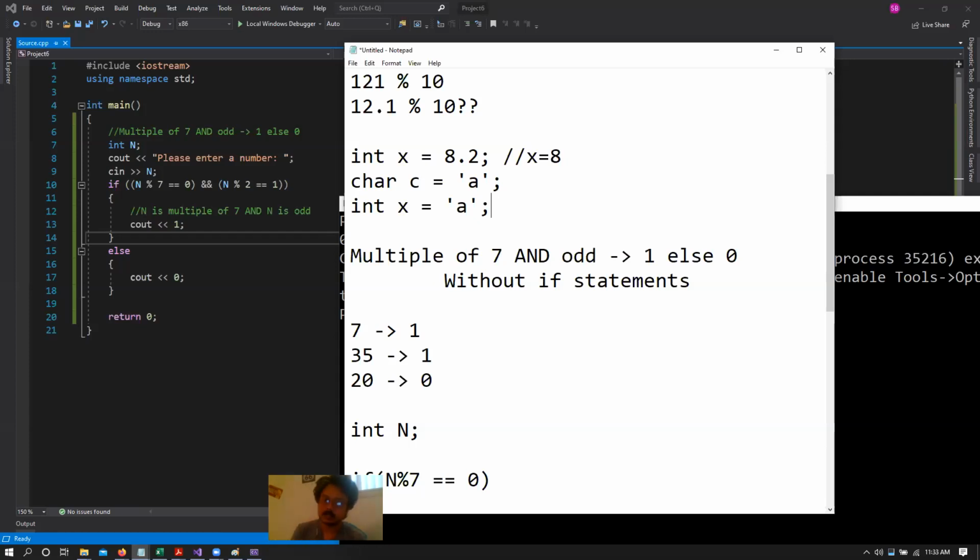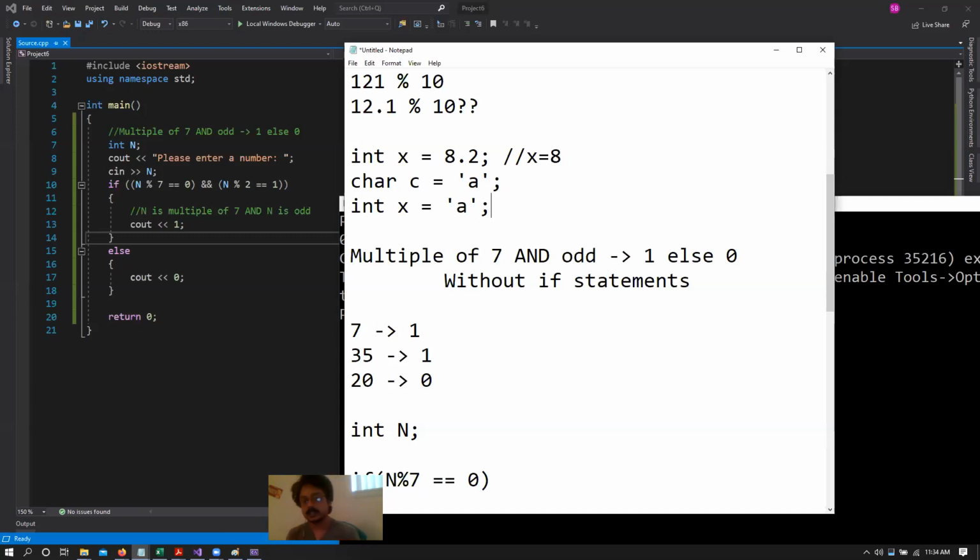It essentially converts that 8-bit value into an integer number, because that 8-bit value can also be used to represent integers as well, some number, right? So when we save it into x, it essentially uses that 8-bit value and then saves it into x. So in essence, we are converting A into its corresponding ASCII value, as Tyler says, is correct, and then checking if that resultant number is a multiple of 7 and an odd number or not.